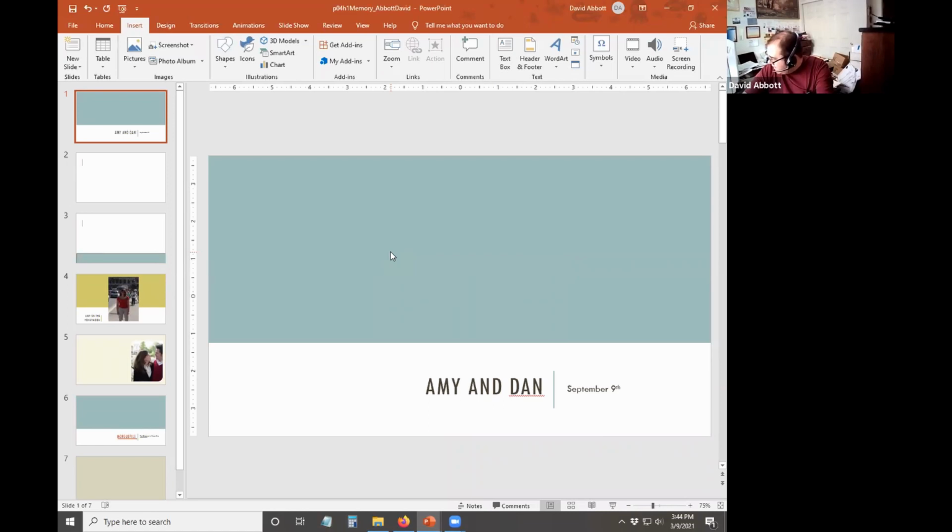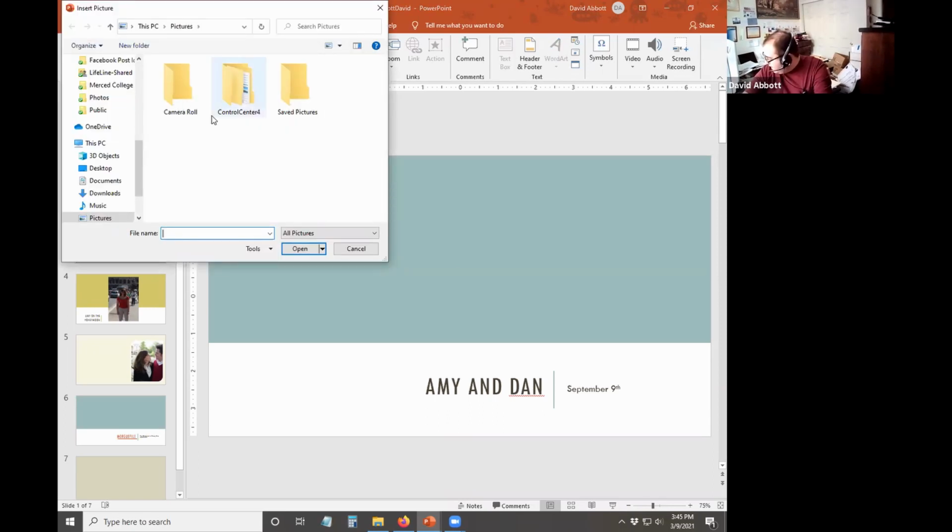And then we want to go ahead and make sure we're on slide 1, which we are. So we'll click here. So we're on slide 1. And we want to go ahead and insert our first picture. So we're going to go up here to Insert Pictures. And this time, we're going to choose pictures from this device. And then it talks about the